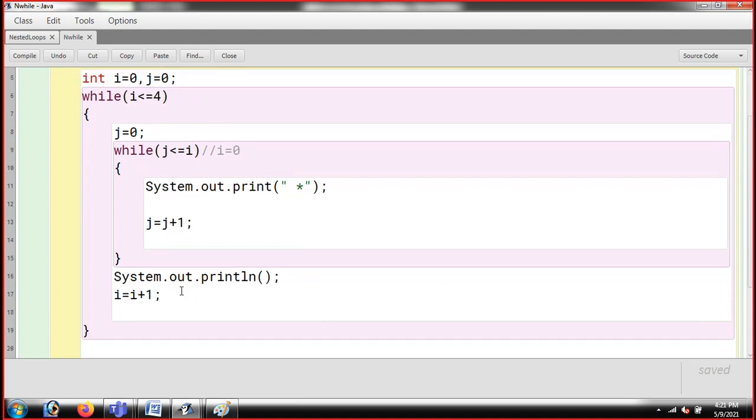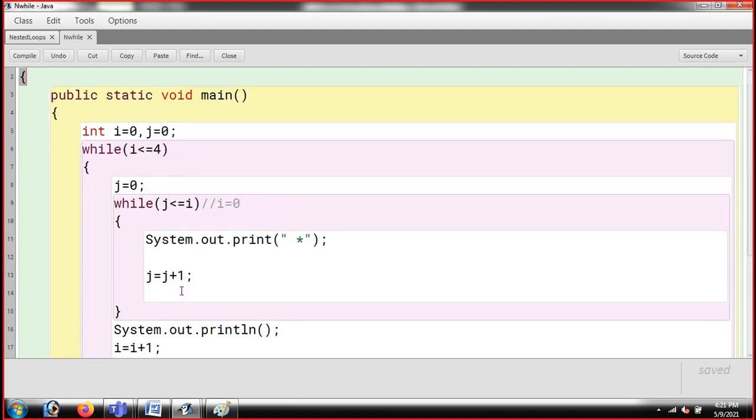You are going to change a line. Next time when you come here, the value of i will be increased. So the value of i was 0, it is 1 this time. You can see 1 is lesser than 4. Yes, exactly, the condition is true. You reset j to 0, because last time the value of j was 1, and this time the value of i is 1. So when you start from j, your j is 0 right now. 0 to 1, when you go, you will be getting 2 stars. It means this loop is going to work 2 times and you will be getting 2 stars.